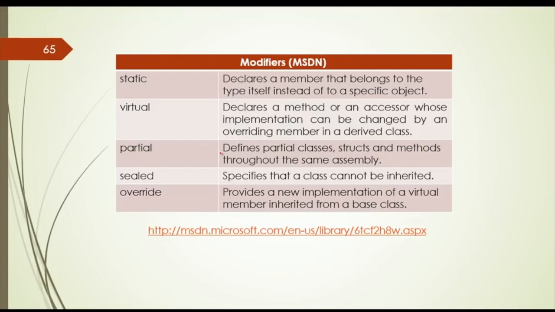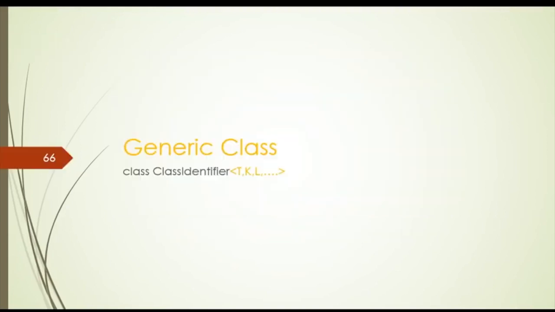Calling by base class, we have seen it, and static modifiers, you can check out the links. Generics were released with .NET Framework 2.0 around 2005. Generics were released to solve a special kind of problem. And if you know C++, templating is similar but not the same thing. In this session we're going to talk about the very basics of generics. We're not going to go very deep into it, and the reason I'm talking about generics is because it is a type of polymorphism, known as parametric polymorphism. So let's see some of those in coding.